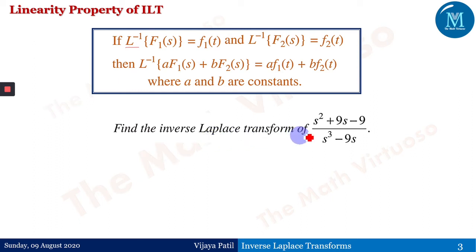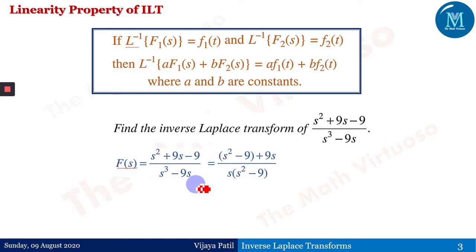Find the inverse Laplace transform of s square plus 9s minus 9 upon s cube minus 9s. In this example, this is my f of s, which is s squared plus 9s minus 9 upon s cube minus 9s. In the denominator, s has been taken common, and it is s square minus 9 in the bracket. If we separate the numerator here, it gives s square minus 9 upon s into s square minus 9,